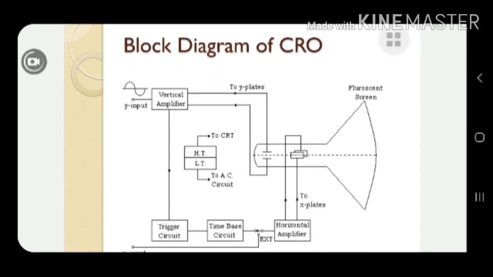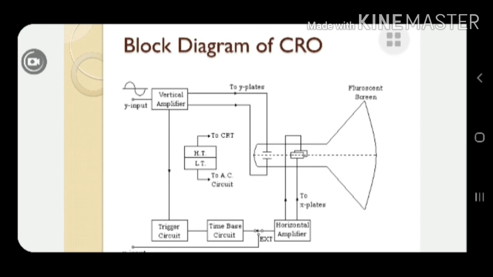So all these parts coming together, we get the block diagram of CRO as you can see on the slide. This block diagram and how all these parts come together not only display the image on the screen but can also perform measurements by analyzing the electrical signal. All this working of the CRO we are going to see in the coming videos. At this point, you just need to remember that all the 7 parts of CRO coming together give you this kind of block diagram.